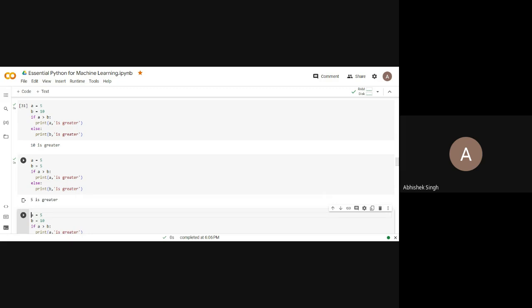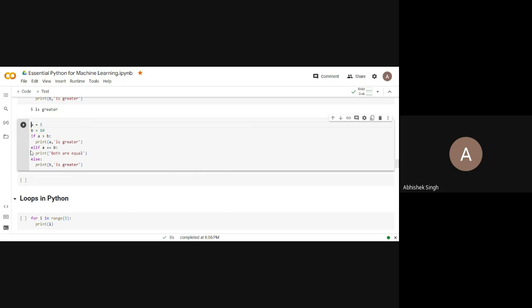Okay, so there is nothing wrong in this program, but mathematically this is wrong because 5 and 5 are equal. But what happens if the condition fails? Then everything just jumps into the else condition. That is the basic problem. It means that we need another condition, and that is called else if. So now it will check if 5 is greater than 10. No. Then is 5 equal to 10?